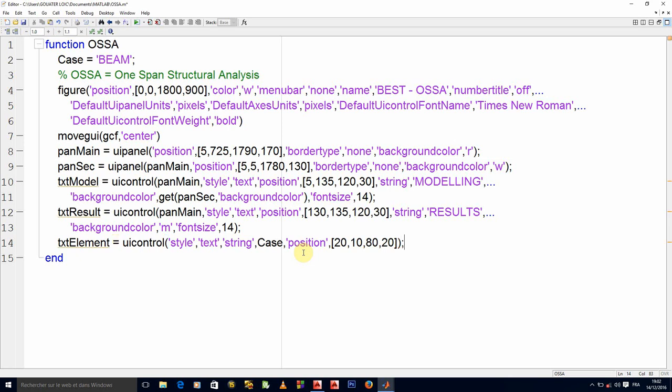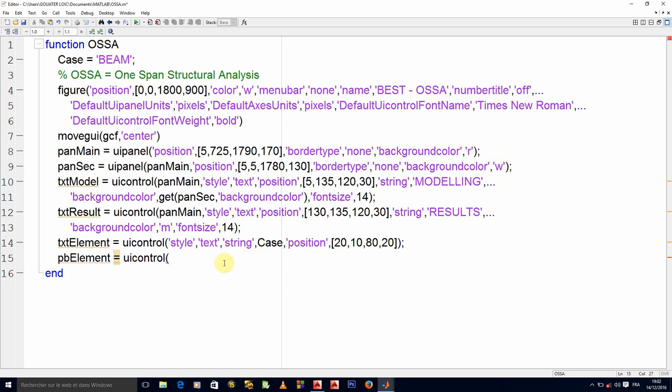And what again? PB, I'll use PB to speak of the push button element. PB element will be equal to UI control. And for this particular UI control, I don't need to indicate the style, because by default the style of UI control is a push button.